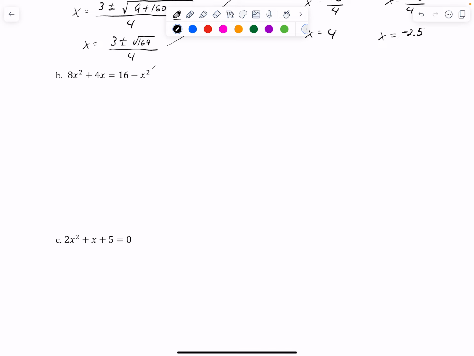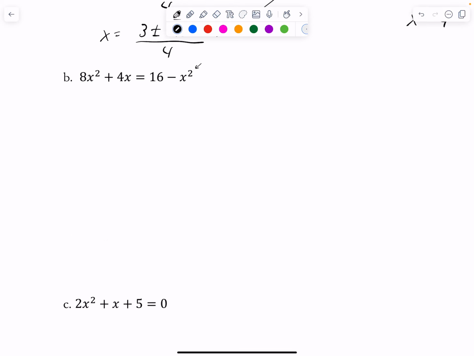I see a minus x squared over here, so I'm going to move that over with adding and get 9x squared on the left side. My 4x is going to stay there, but I want to move this 16 to the other side to be minus 16 equals 0. I don't have any GCF to factor out, and it wants me to use the quadratic